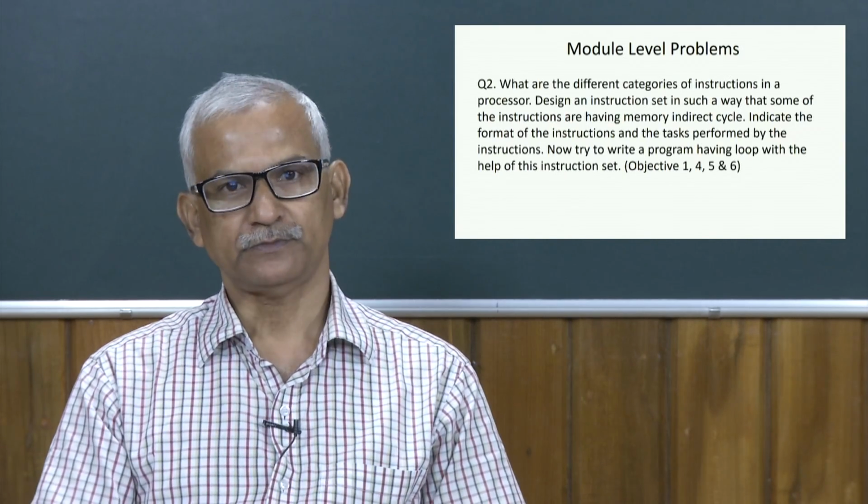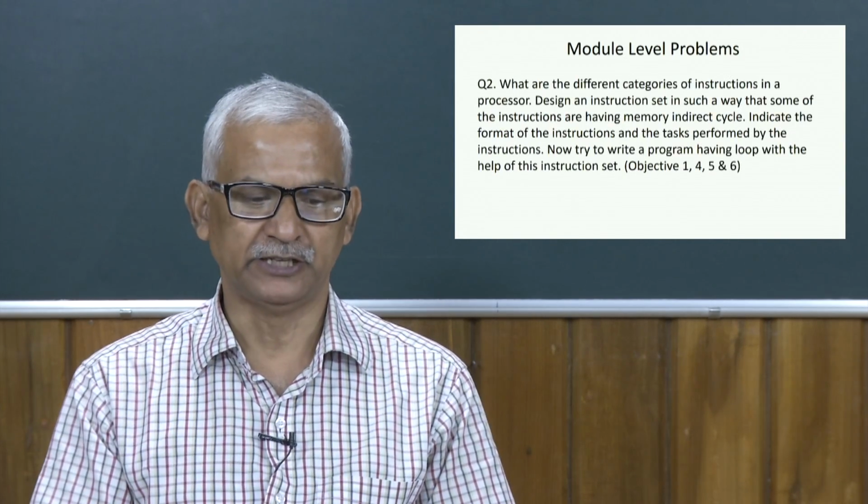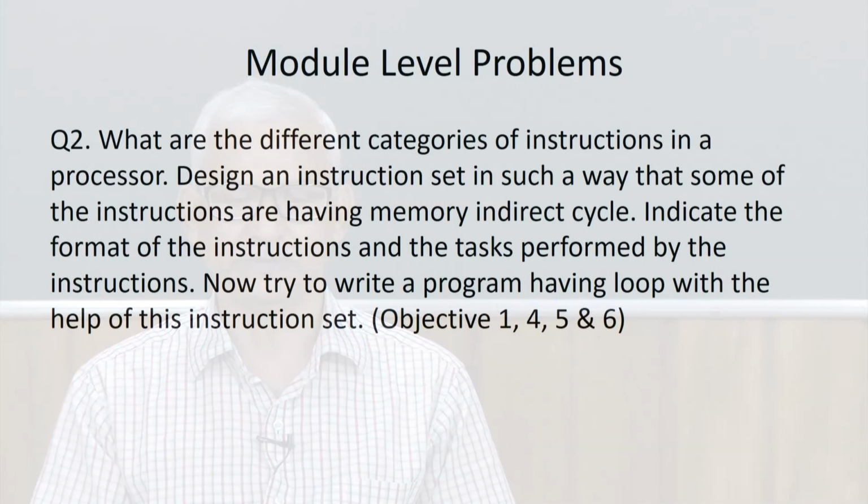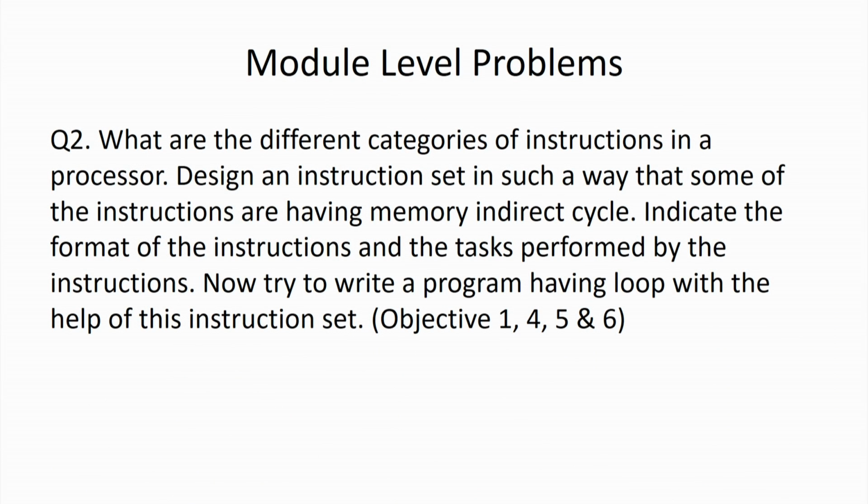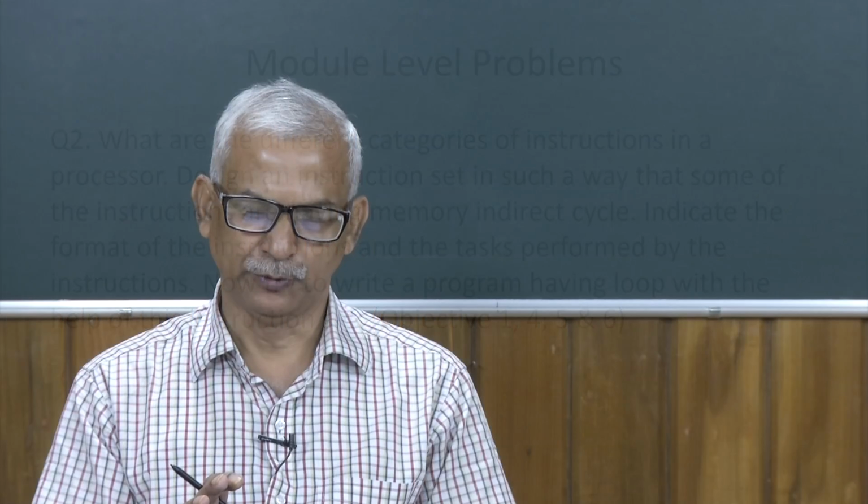Similarly, look at the second question. It says: what are the different categories of instruction in a processor? Design an instruction set in such a way that some of the instructions have a memory indirect cycle. Indicate the format of the instruction and the tasks performed by the instruction. Now, try to write a program having a loop with the help of this instruction set. So, basically just take a simple example,